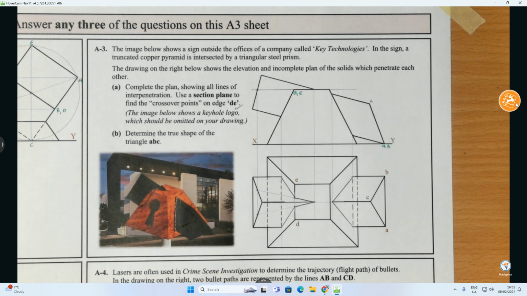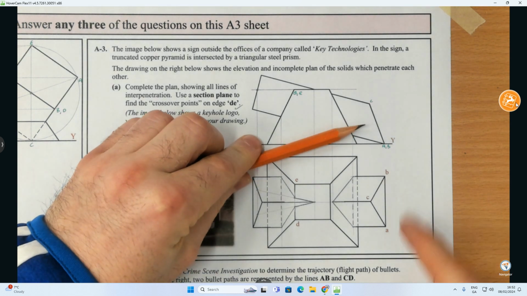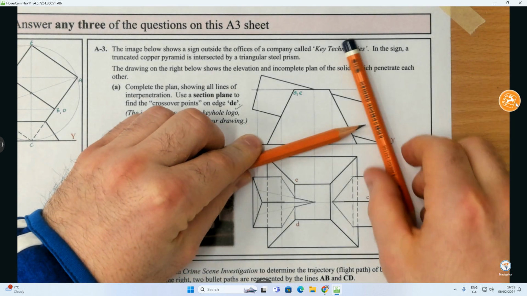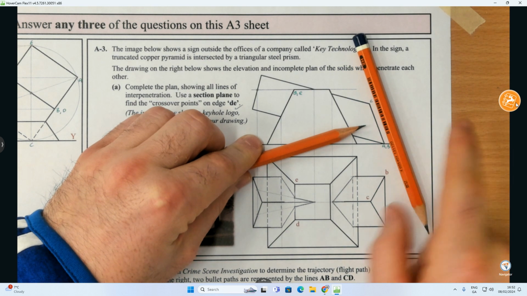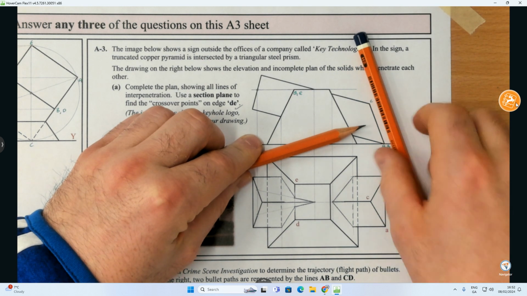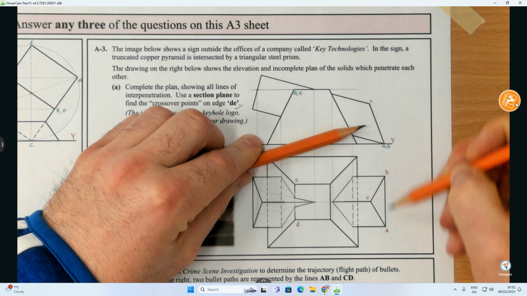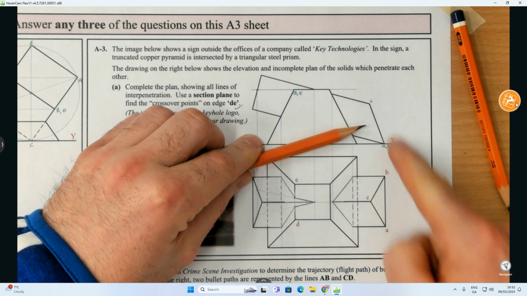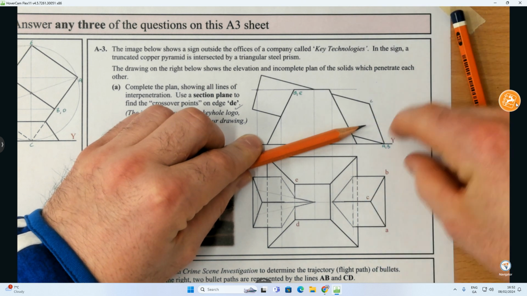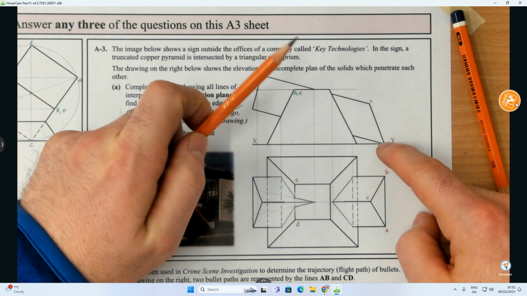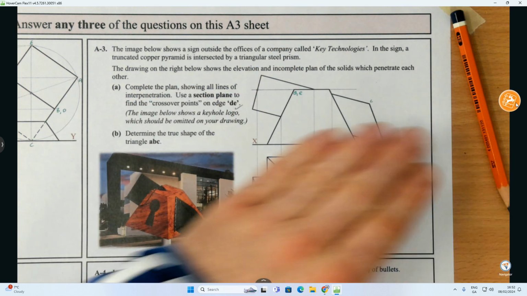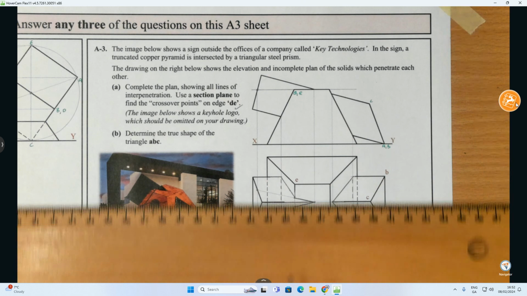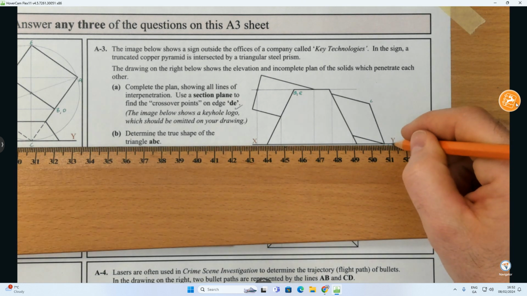So the easiest way to see this true shape, we could take an auxiliary, where I set up what would be known as an x1, y1 parallel, because when I look perpendicular to something, I can see the true shape of it. And we have an edge view of the surface ABC, which is the triangle here. I could set up an x1, y1 and project out A, B, and C, and I could take my distances from the XY line down. But there is probably an easier way based on the sheet, and all I'm going to do is extend out my XY line